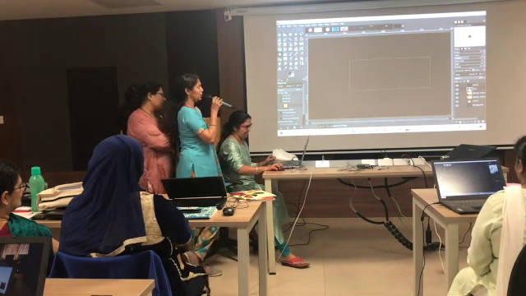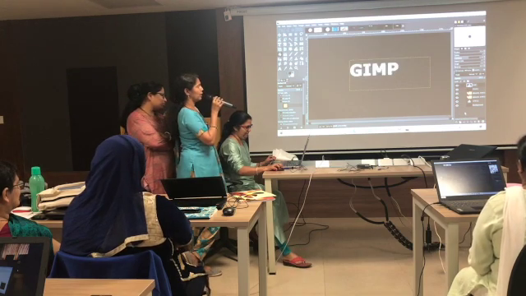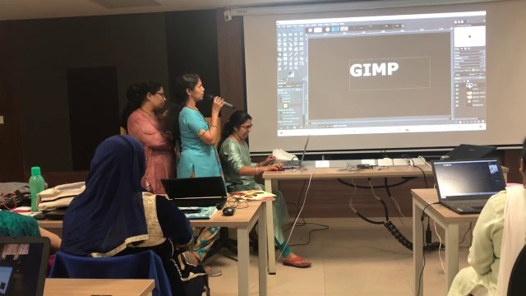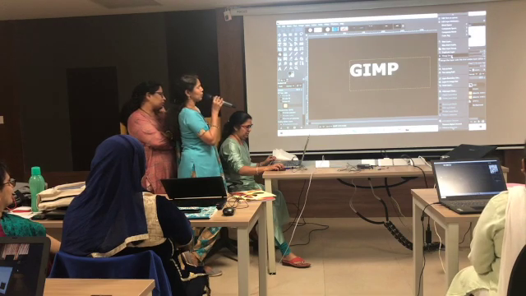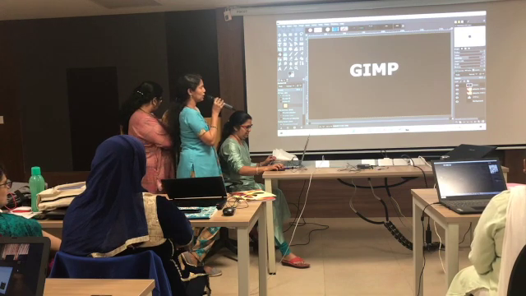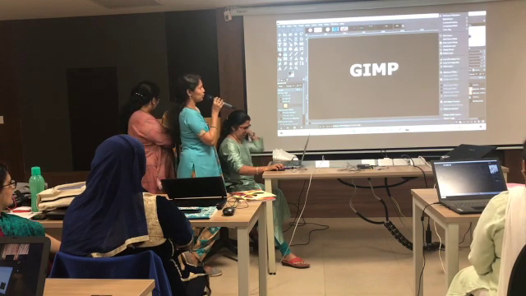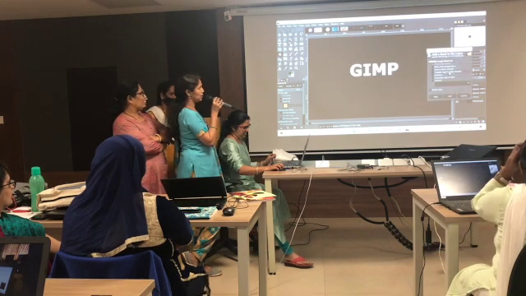Now your text mask, you have to drag it on the top of the new layer which you have created. Then click on the mask, right click and merge down. Now click on the background whichever you want and then add layer mask.